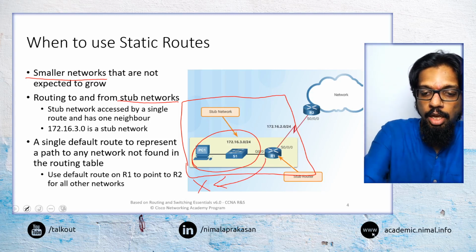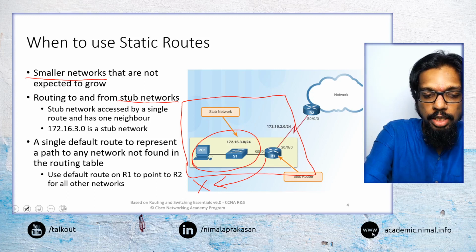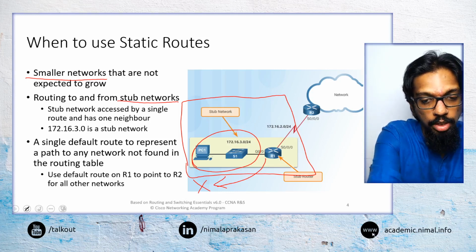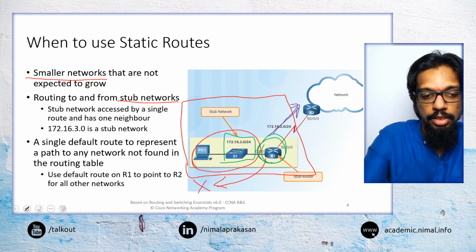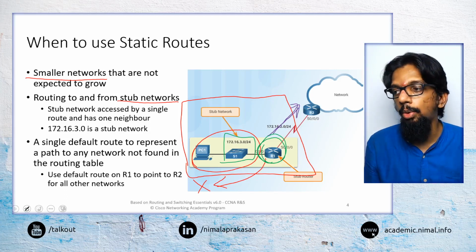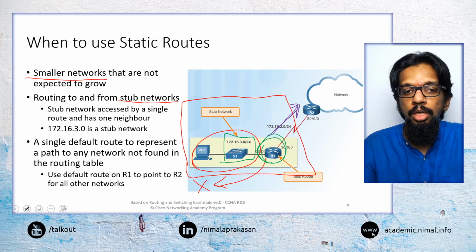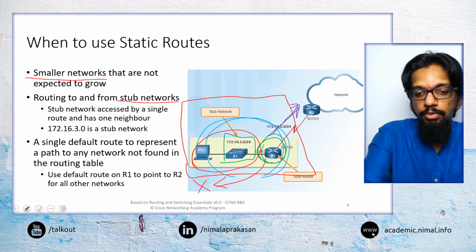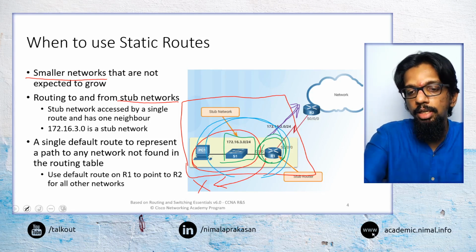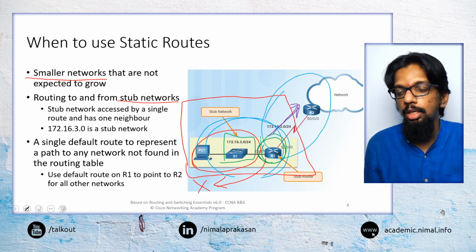In that case, all the traffic that doesn't belong to the network of this router will have to be forwarded to a single destination, to a single neighboring router. In those cases also, we can simply have a static route because there's not going to be any other router possibility. So if the information is for a local network, it will route locally. If it is for any other network, it will send it to the neighboring router.